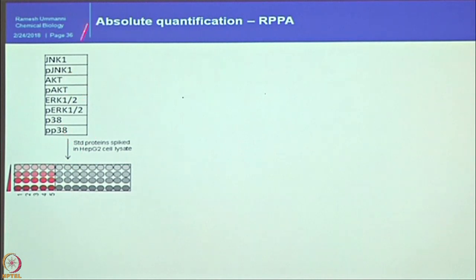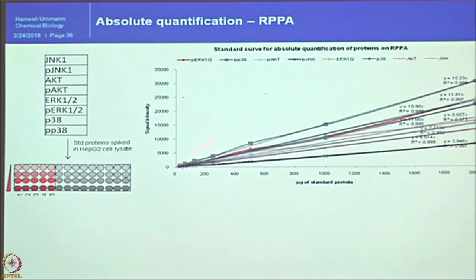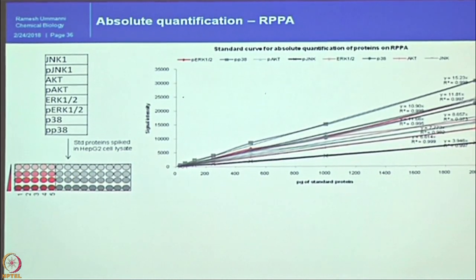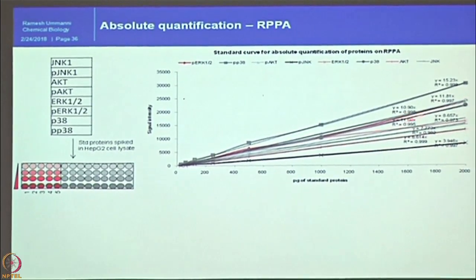So what we did is we have expressed the targets of interest, in this case JNK, AKT, ERK, and P38, expressed, purified, and in vitro phosphorylated for protein modifications using the specific kinases. Those phosphorylated proteins we spotted in a concentration dependent manner, and then later on we did the assays, and we can show the phosphorylated protein and unphosphorylated protein